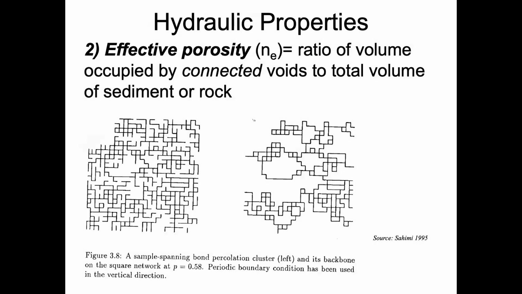Now, the next one that we want to talk about is a variation on the idea of porosity, and it's what we call effective porosity. Again, it's indicated by an N, but has a subscript with an E typically. Now, this effective porosity is actually the ratio of the volume of voids connected. And so this word connected is really key in what we're talking about here. It's the volume of those connected voids compared to the total volume of the sediment or